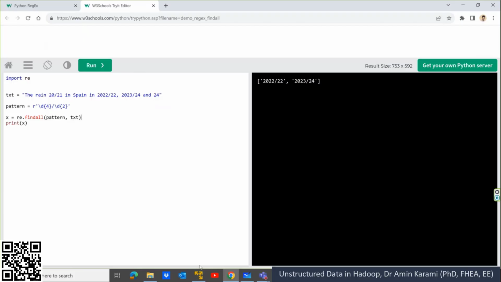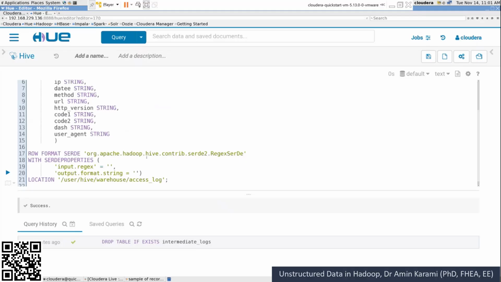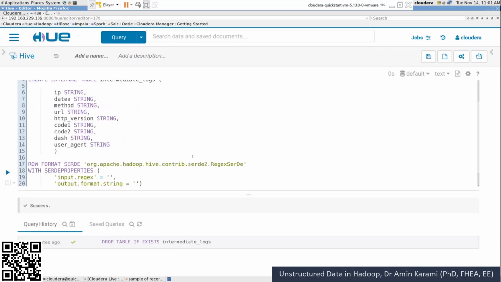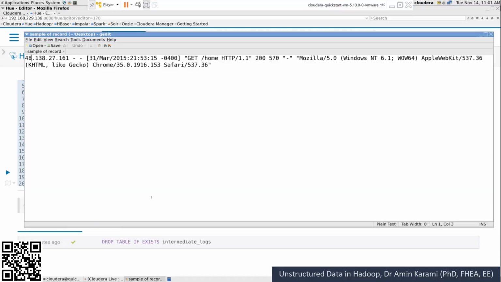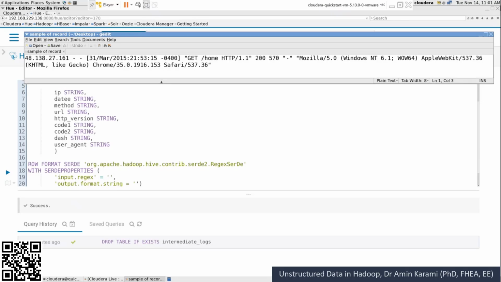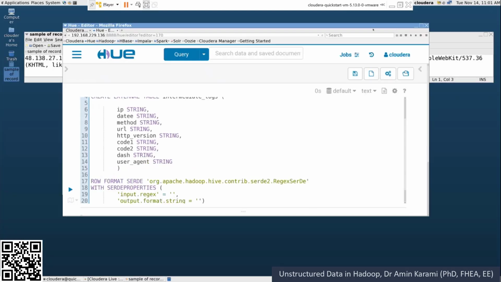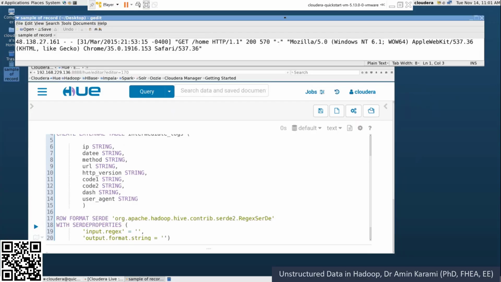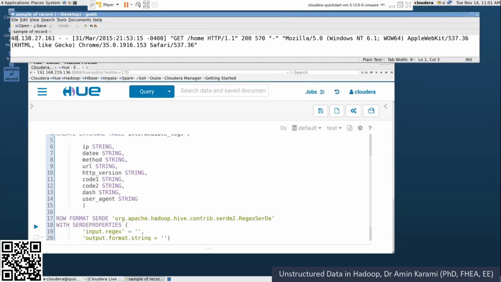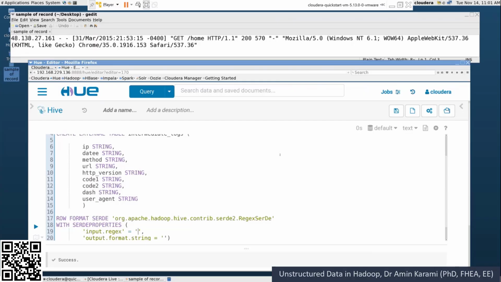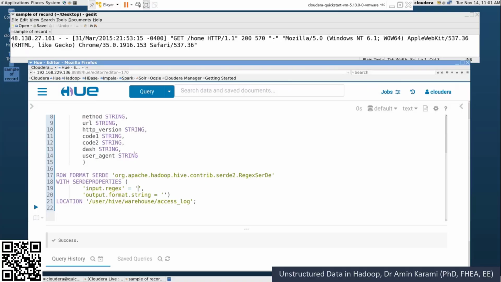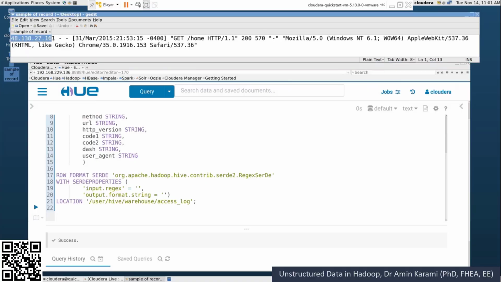All right. So let's go back to the Hive editor and do it together. This is our data, and we need to write regex out of it. How to write regex out of it? The first one is going to be the IP address. For an IP address, you know that we have 4 octets, meaning 4 numbers. Each number is going to be between 0 and